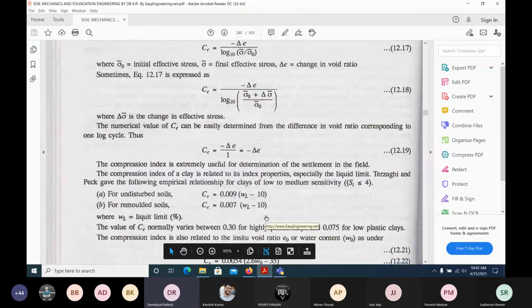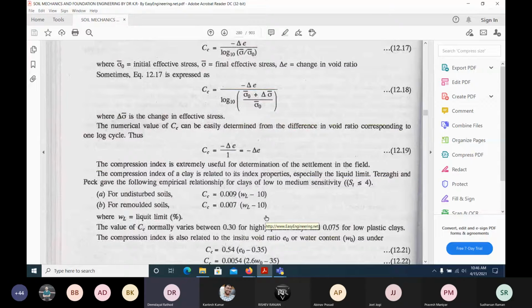Generally, in this particular chapter, you have to remember so many equations for consolidation. These equations are very easy to remember once you understand the concept. But in the case of shear strength, we need to remember only a few equations. Shear strength is equal to C plus sigma tan phi, and if you remember a few equations, you can draw the Mohr circle and find out. Like in the first chapter, you have to remember a few equations and see some derivations also.